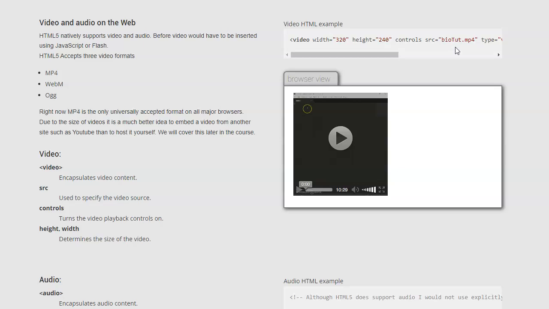There's all these other different issues. Are the controls good? Because you'd have to format the controls. You don't want to use the generic controls that are built into the web browser. So there's all sorts of different reasons why I would say generally you should not embed video onto your site. Okay. Instead, what you'd want to do is you would use YouTube or Vimeo or another source, and